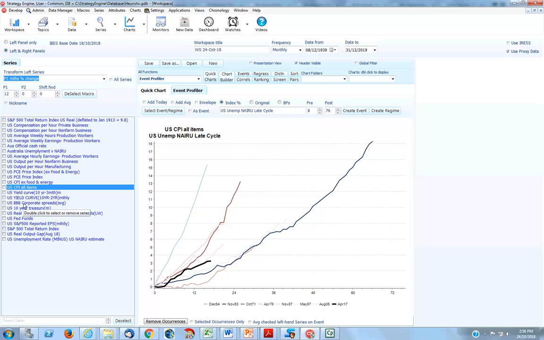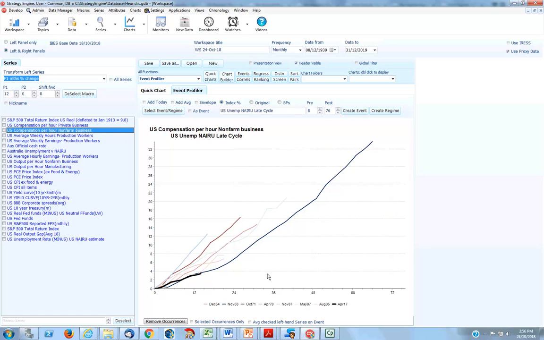So let's look at whether it was wages that was the reason for this. I'm going to use compensation per hour, which goes back to the 1950s. And again, you can see here that in the 1960s, compensation per hour was quite low through this period, as it has been in the current episode. So perhaps that augurs well for inflation staying low if this can be maintained, and therefore elongating the late cycle phase. But it's not entirely clear, because in the 1950s,